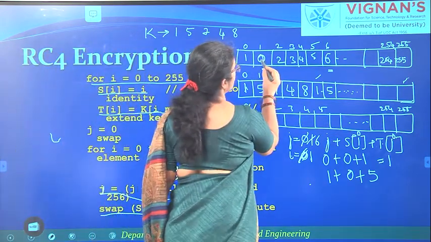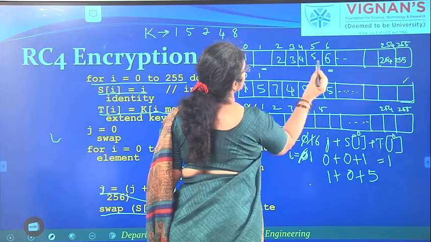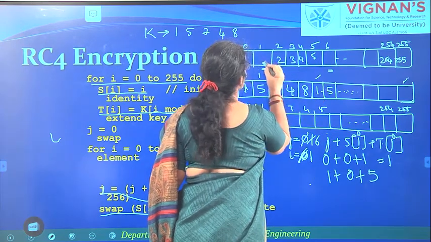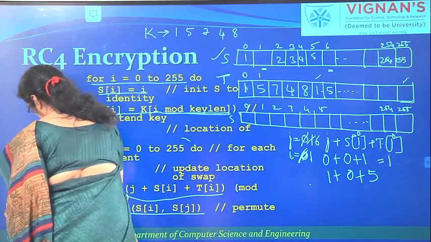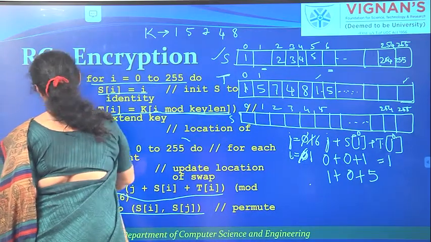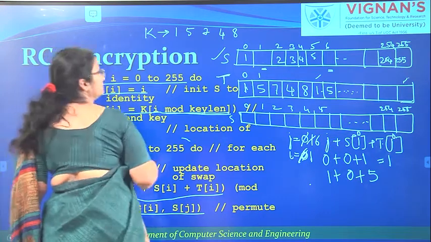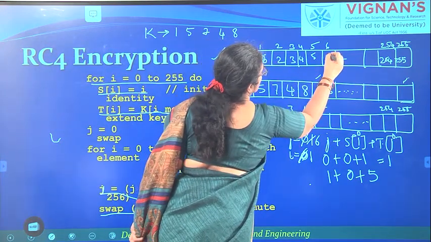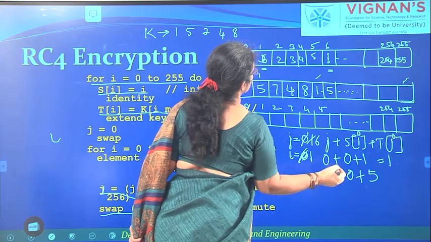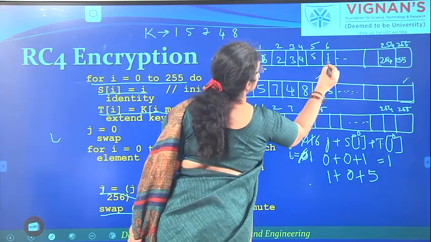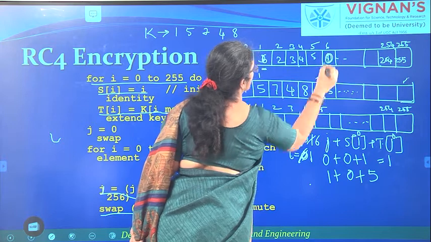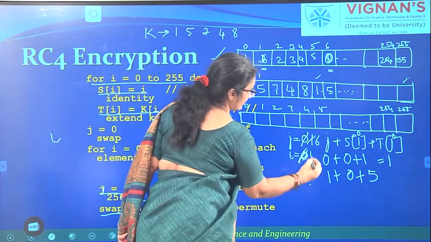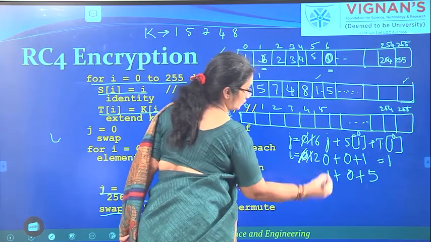Here it should be 6 and here it is 0. Okay, now again you increment the I value by 1. Now the I value becomes 2.